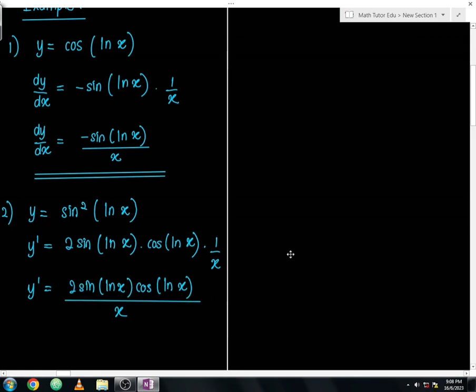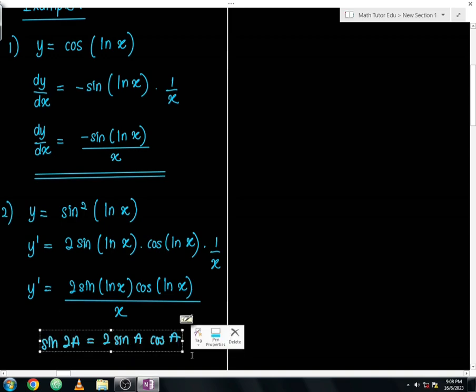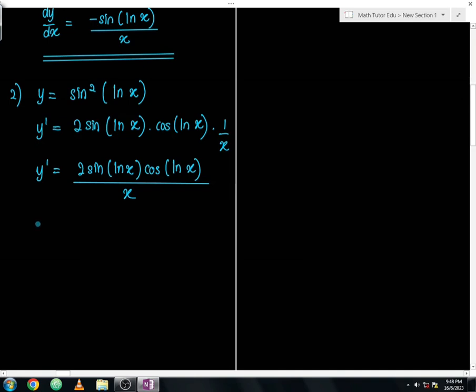Okay, so if you remember 2 sine ln x cos ln x, we can literally simplify this as a double angle formula, where sine 2a is equal to 2 sine a cos a. So we can actually simplify this as sine 2a itself, but if you decided to leave your answer in this way, you also can, but I'll recommend you to simplify this equation. Okay, so from here our answer will be y prime is equal to sine 2 in a bracket natural logarithm x